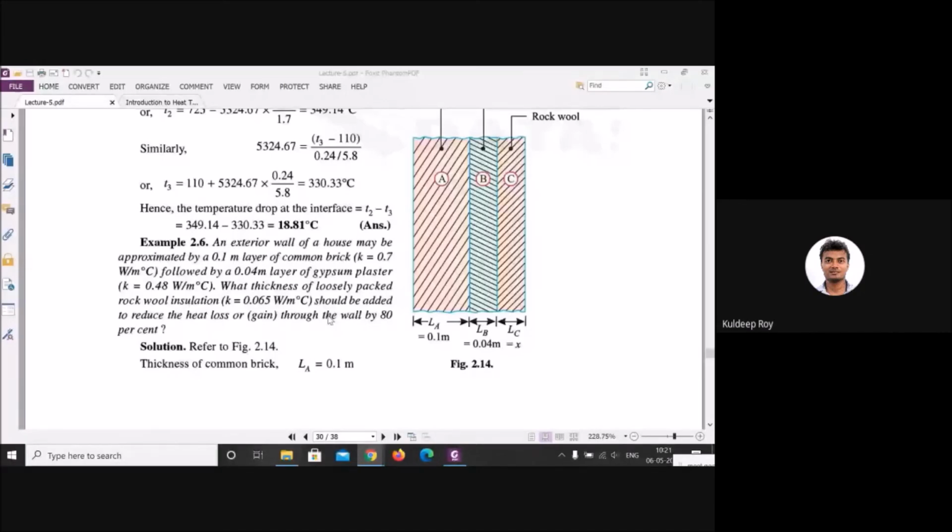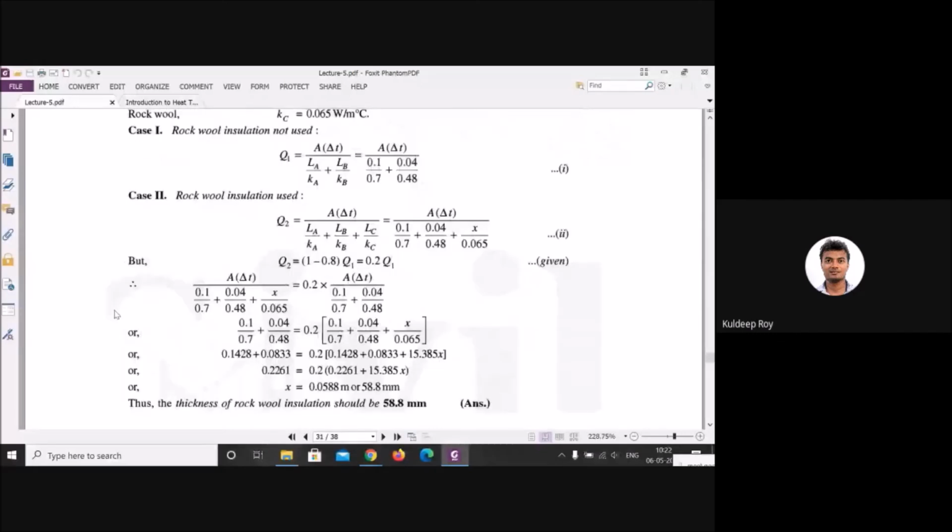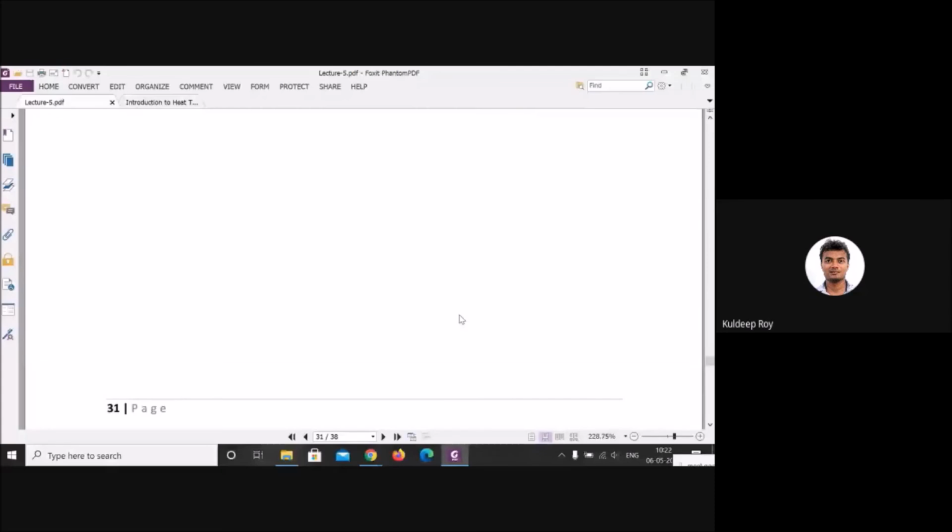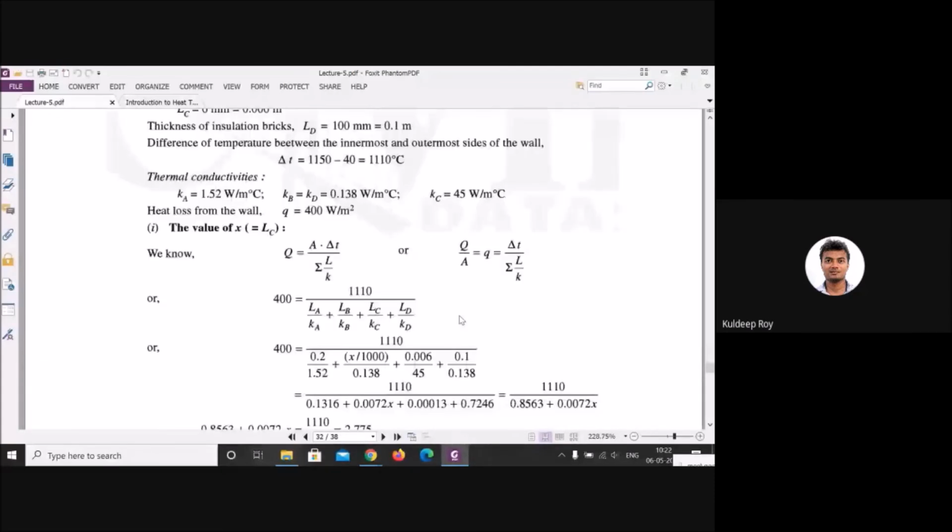And one more thing, tomorrow we will solve two more problems based on the same mechanism. Means today we have solved only conduction. Tomorrow we will solve convection plus conduction. Where both conduction and convection will be there. Here will be your convection. Here will be your conduction. We will discuss this kind of problem also, but we will solve tomorrow. Anyone else who has solved this problem?